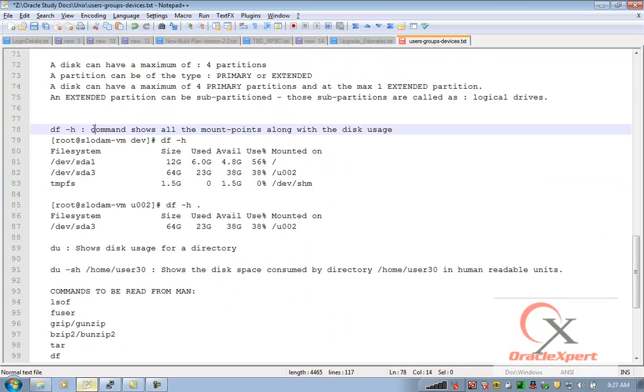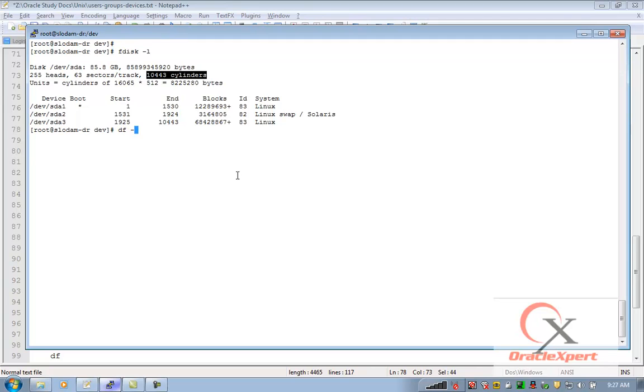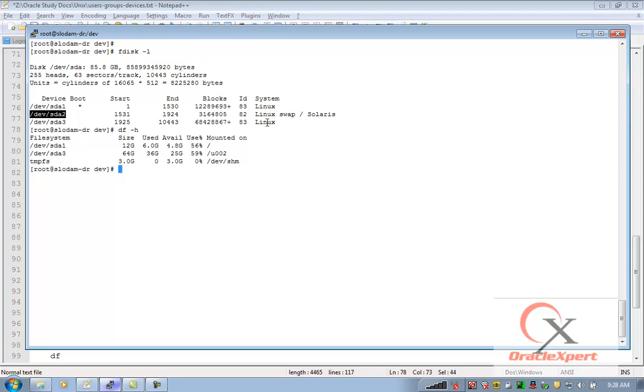The df -h command shows all the mount points along with the disk usage. So I am saying now df -h. It shows me sda1 and sda3. But it does not show me sda2, because sda2 is a